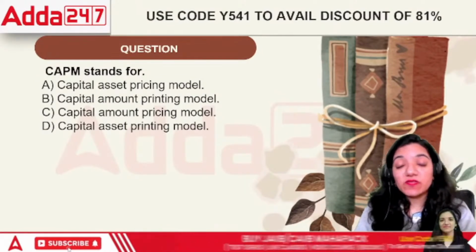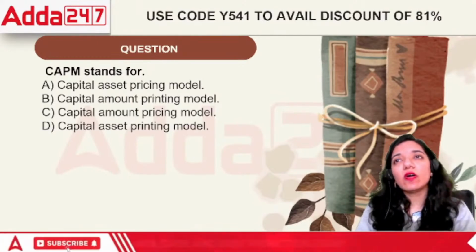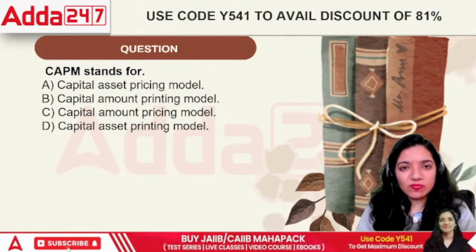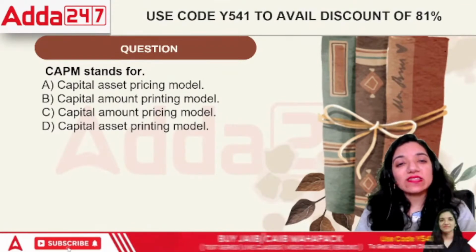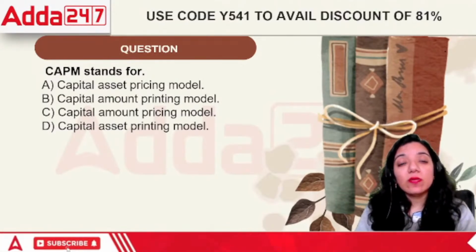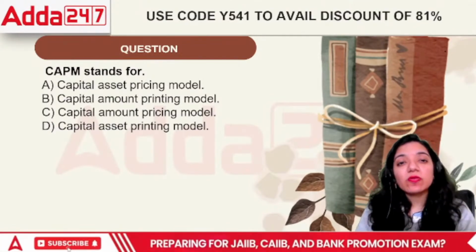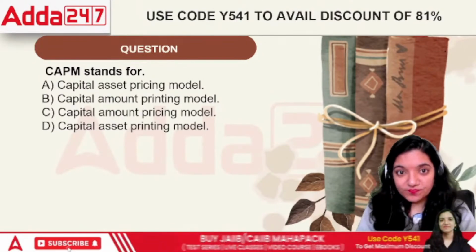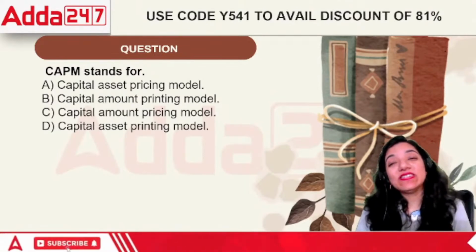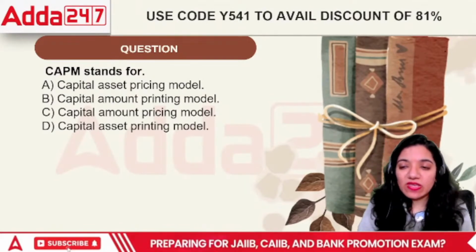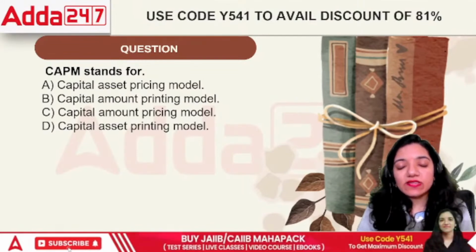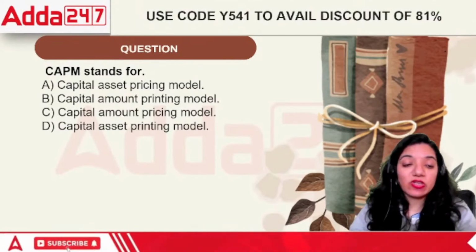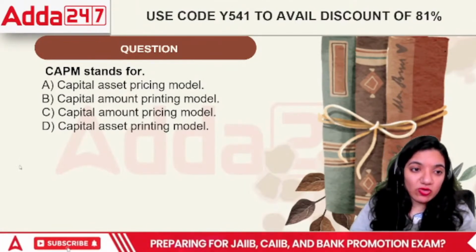CAPM is basically a specific model that is used in terms of valuation of the equity. It is the Capital Asset Pricing Model. Under CAPM, we can find out the value of the risk adjusted rate of return. How do we find this particular rate of return? As per the CAPM model, it is basically